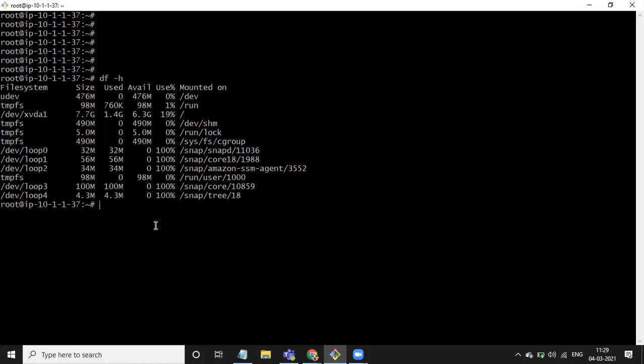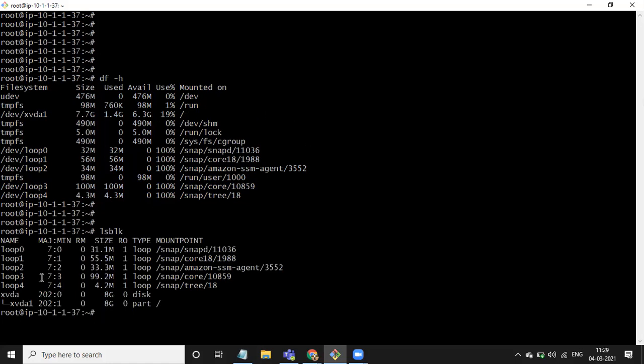And there is one more command called lsblk. lsblk is the command to list out all the block storage, meaning EBS volumes. For example, we created a root volume with 8 GB, right? See, size is 8 GB, and it is pointed to slash.